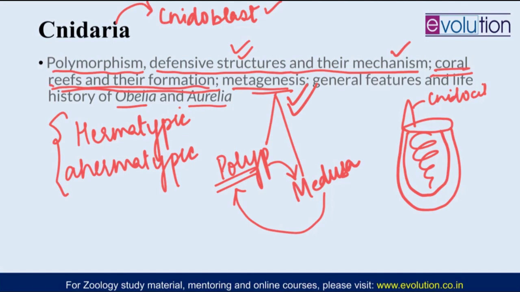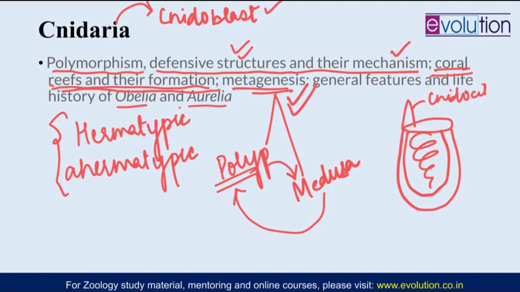One more thing I should tell you: the gastrovascular cavity in Aurelia is made up of multiple canals, and they join together and open again into the mouth. So the canal system in Porifera and the canals in Aurelia are two separate things. You should not be confused about that. Whenever the canal system specifically for Aurelia is asked, then only describe it. Otherwise, canal system is a question pertaining to the phylum Porifera.